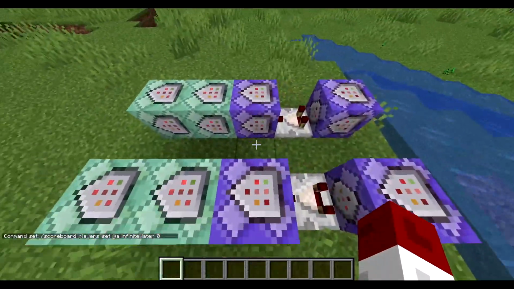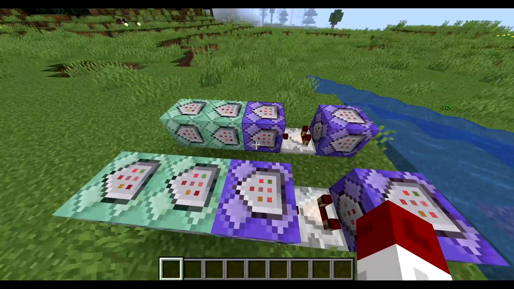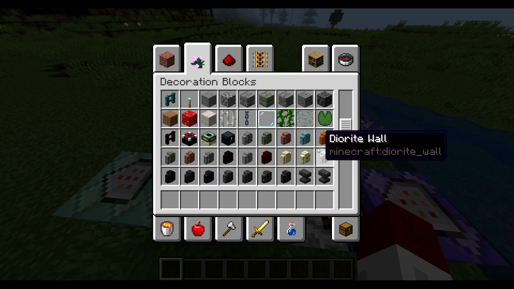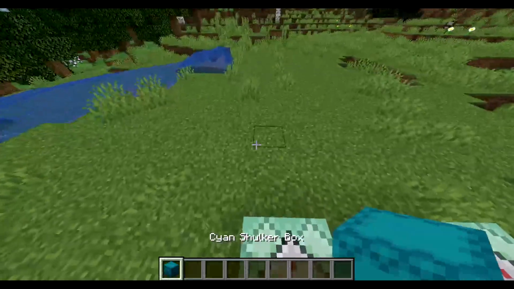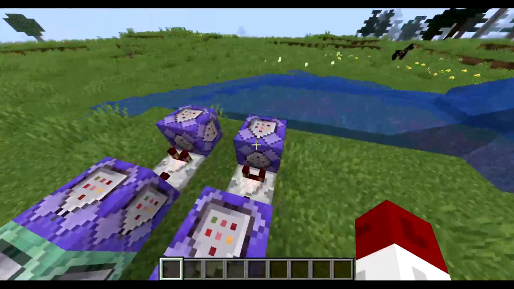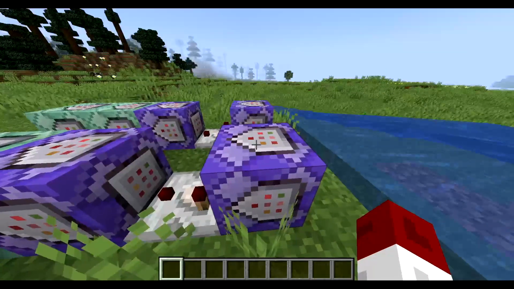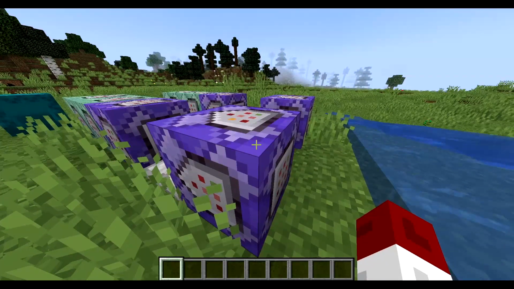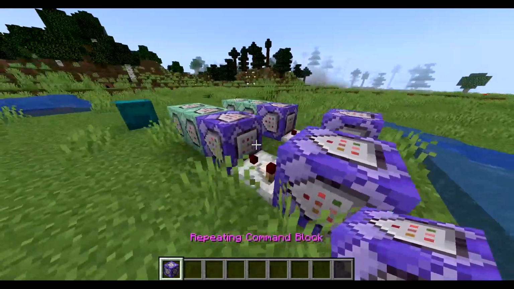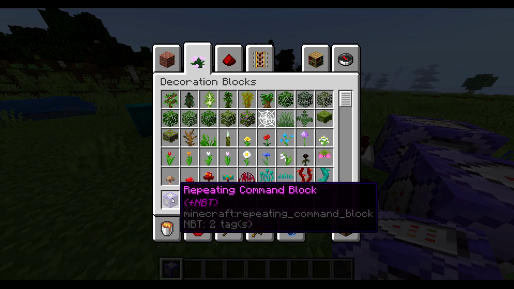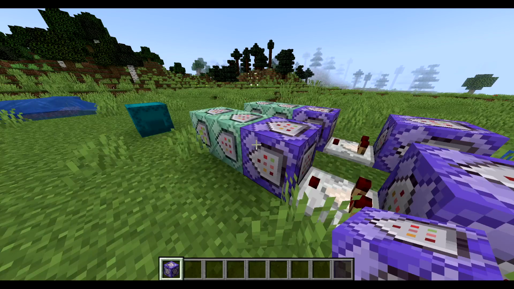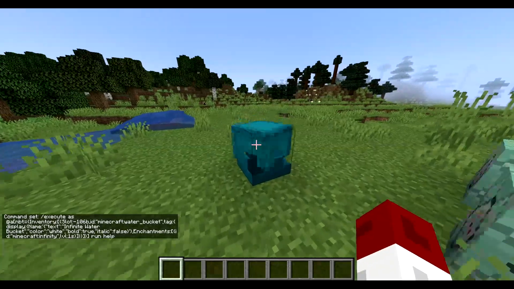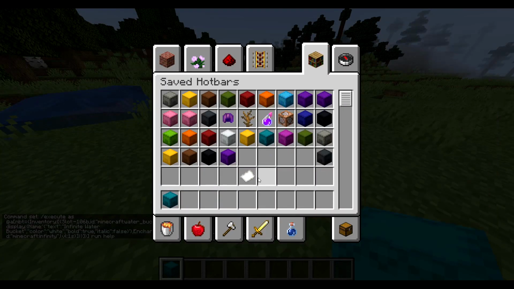So yeah, that just about does it for the command block chains. If you were looking to make a shulker box like this in your saved hotbar, all you would do is take whatever your favorite color of shulker box is, throw it down, and then hold Control, which for me I made my crouch key, and middle mouse click on the command block to pick it. It should say +NBT in purple text, and that's how you know you've done it properly, because when you place this back down, it's going to have the command inside of it. So you can toss that in the shulker box, pick that up, and then let's see,